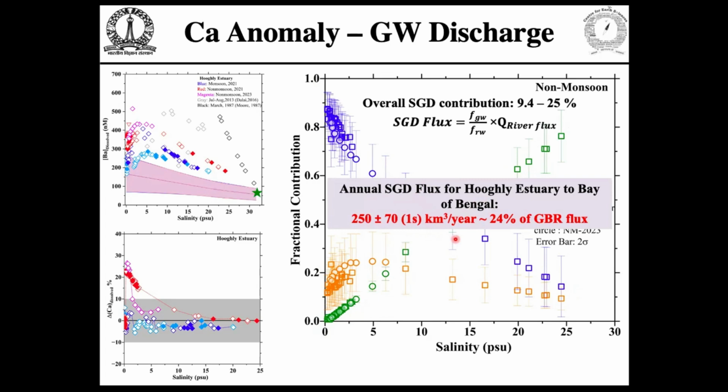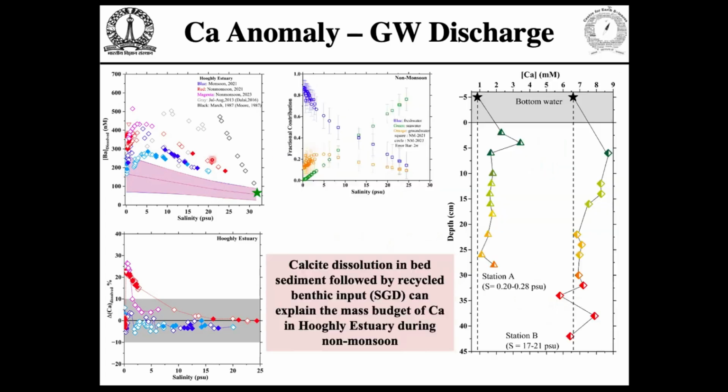Remember, the water flux was around 1,000 kilometer cube per year. So this is around 25% of the total river water flux. And can it account for the calcium anomaly? Yes, it can. When we look at calcium concentration in the pore waters that we collected, what we observe is that